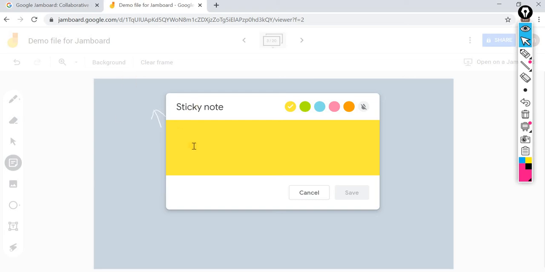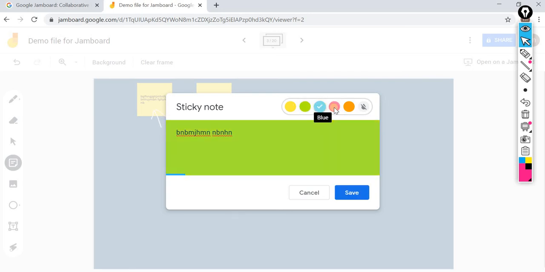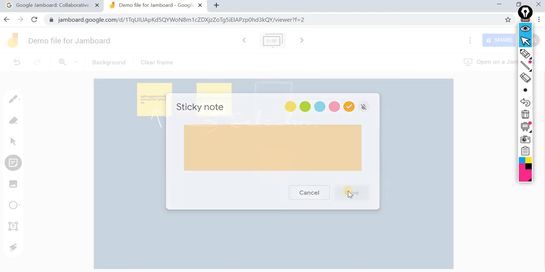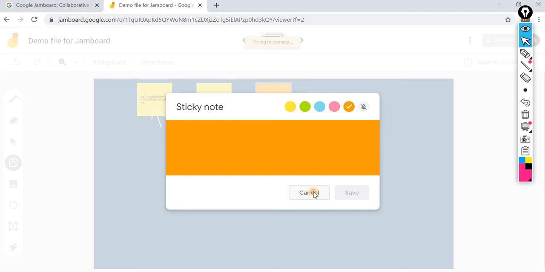I got it. Now, you can type anything here. To save time, I'm just typing some dummy things. You can save this as a sticky note. And if you want to write another sticky note, you write it, then save it. All these sticky notes will be coming. You also have the chance of using color in the sticky note. You have a lot of colors, but the only thing is you can type it, you can't write it. If you want to write it, you have to search for some other extra application. Right now it is not required, so we are saving. If you don't want any more sticky notes, just cancel this.